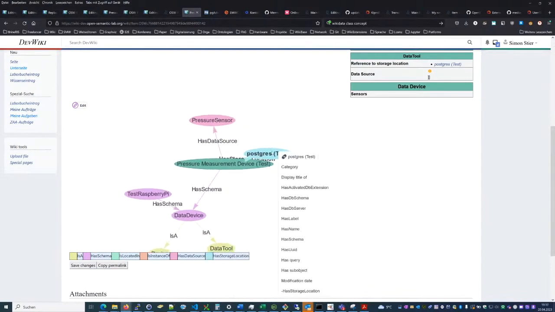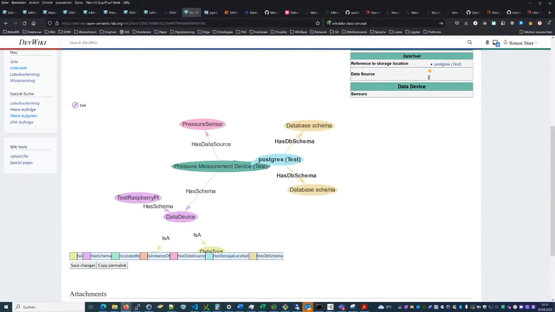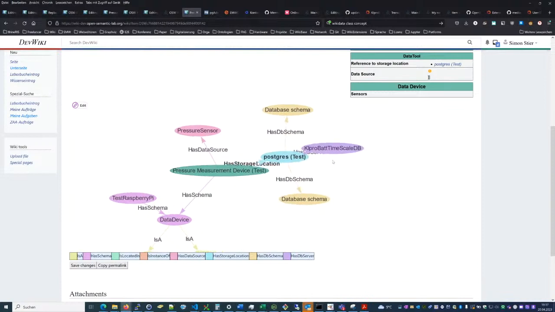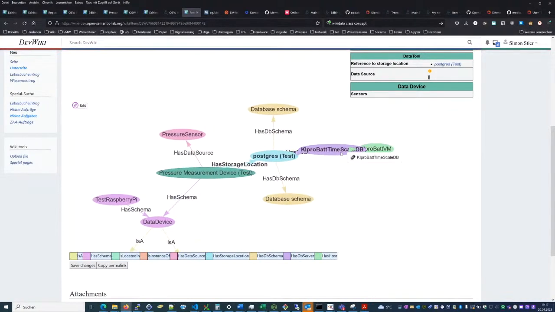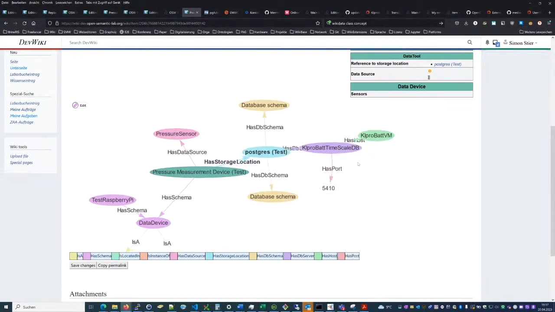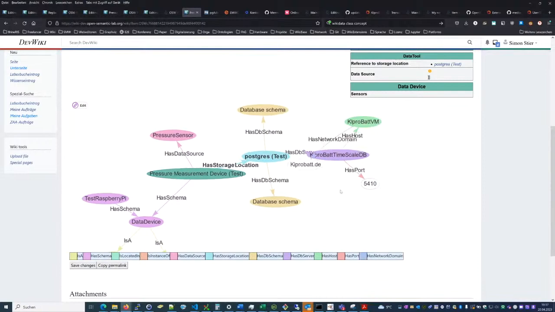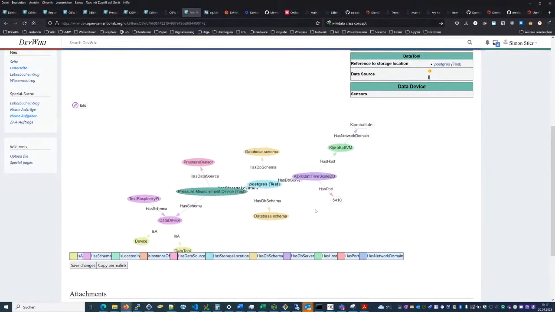For example, on this Postgres database: what are the data schemas of the database? What is the database server? What is the host of this database? What is the port? What is the domain of the server? So all the information you typically have to look up